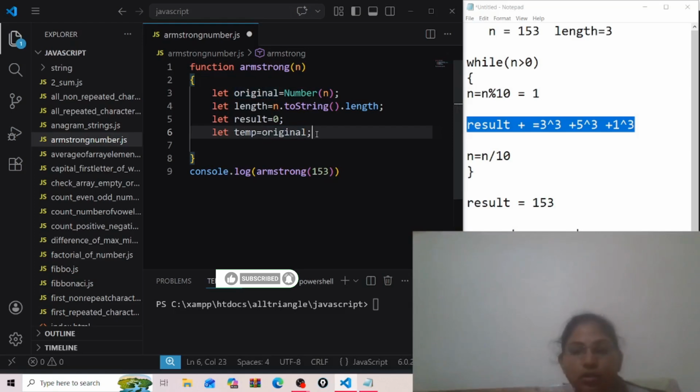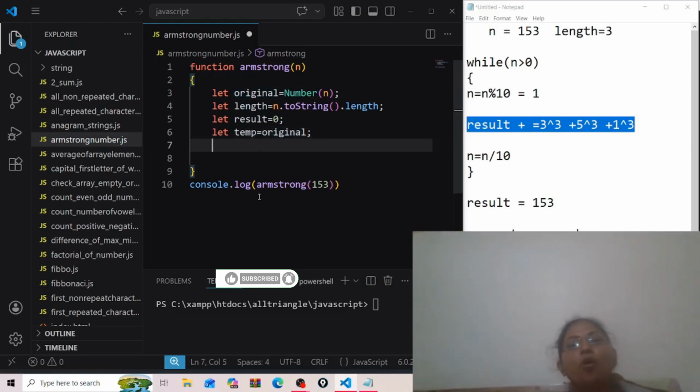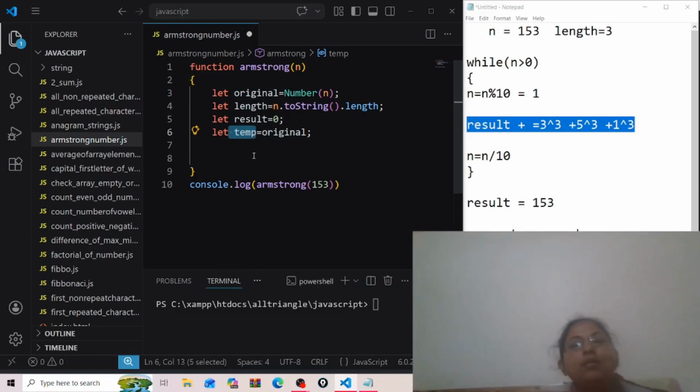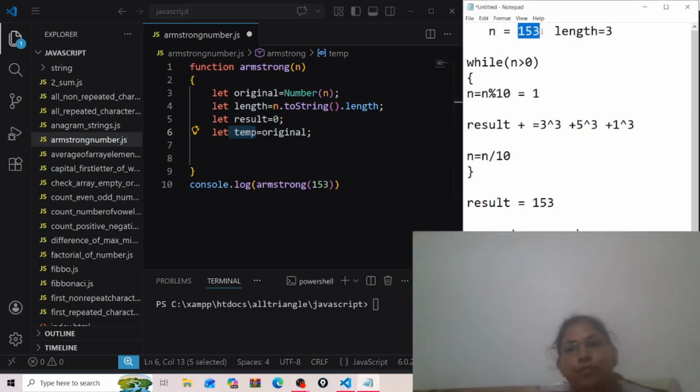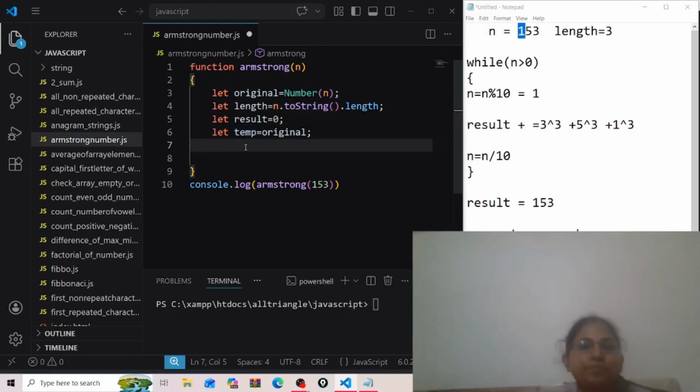Why? Because all the calculation we will perform on that temp number, and temp will keep changing, sometimes 153, after that 15, after that 1. The original number was 153 only, so we will just make changes in temp.